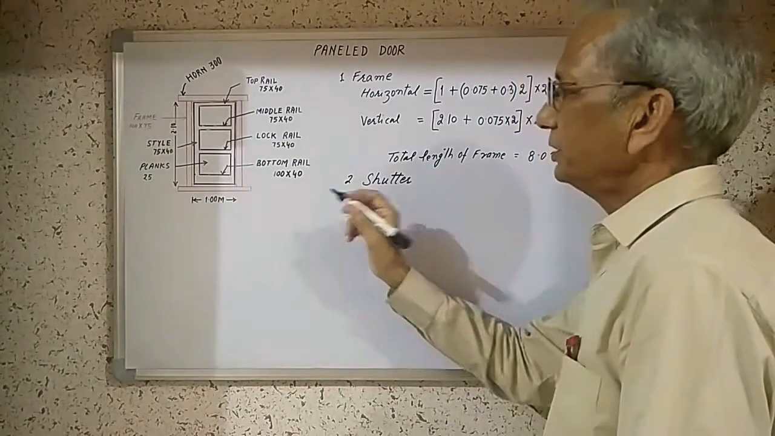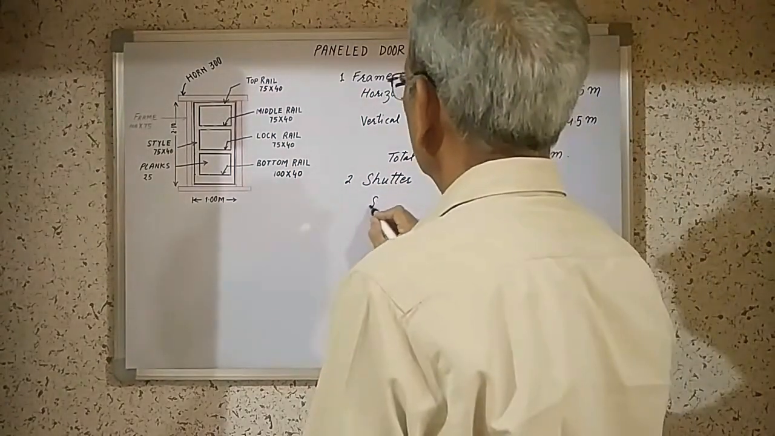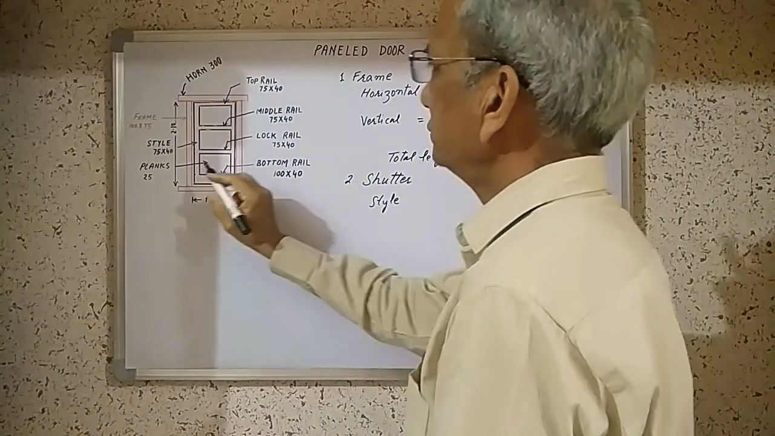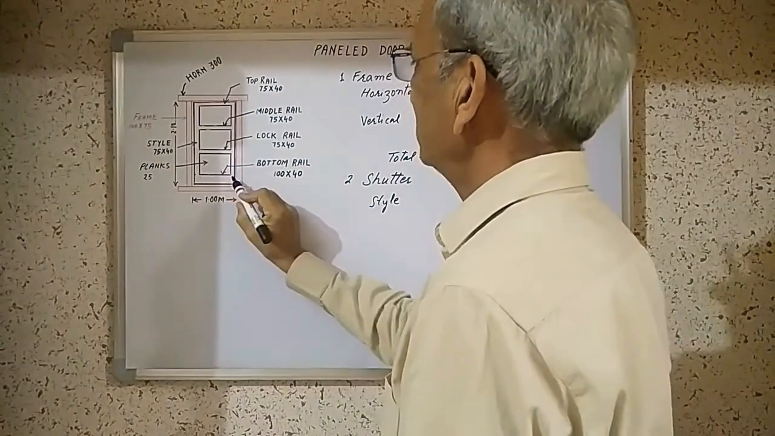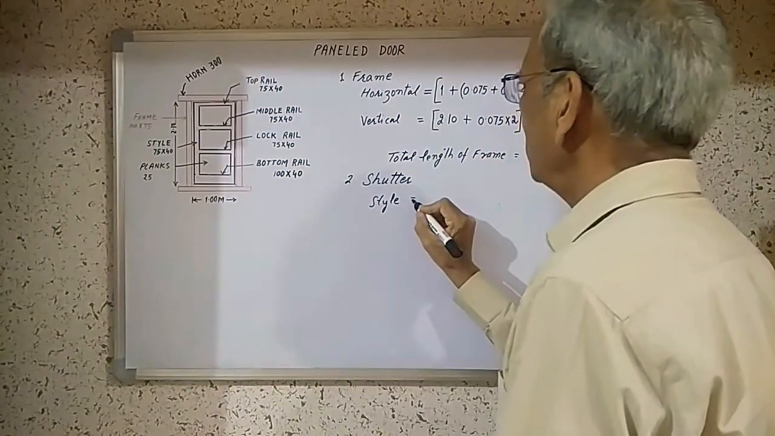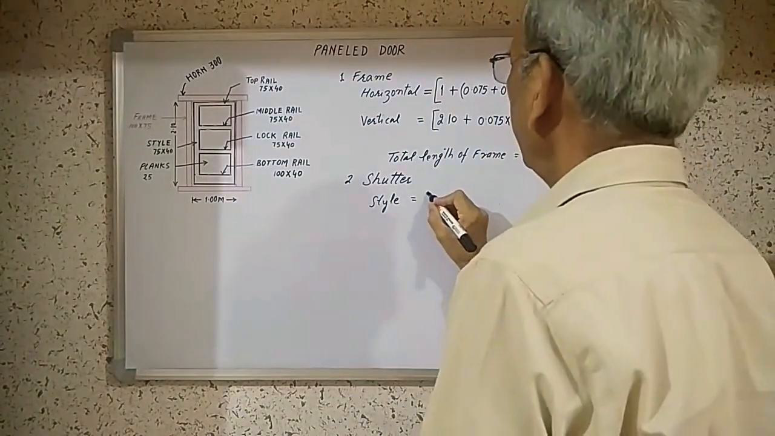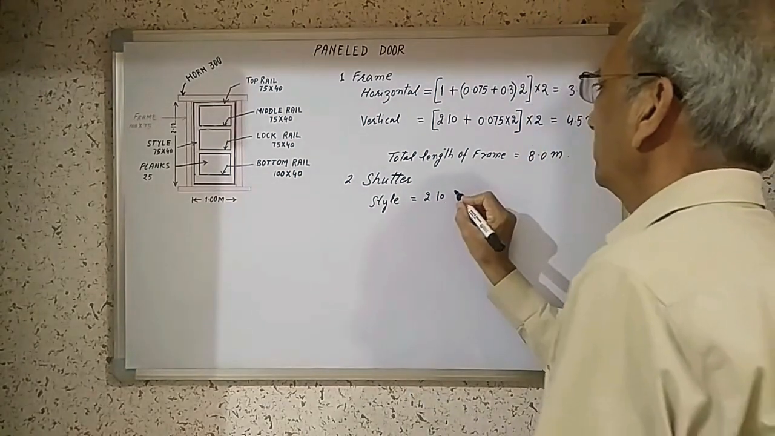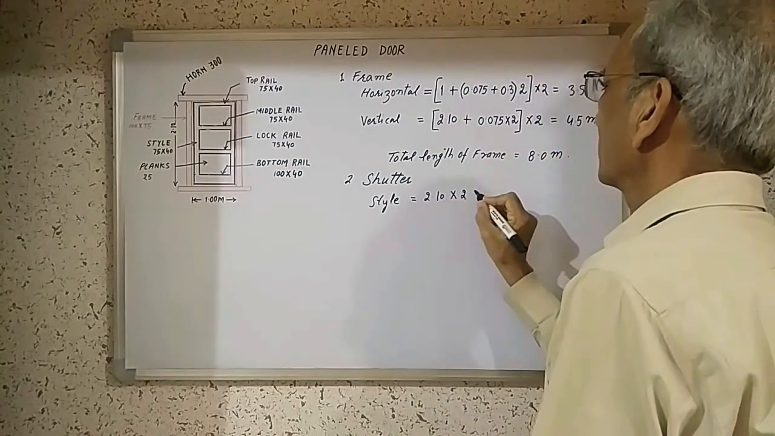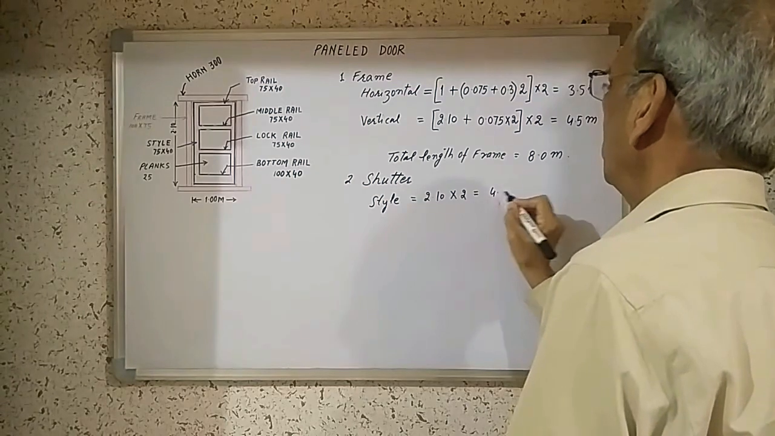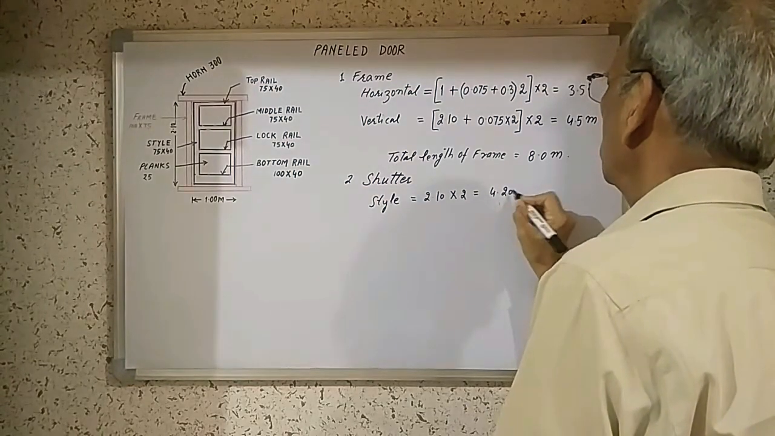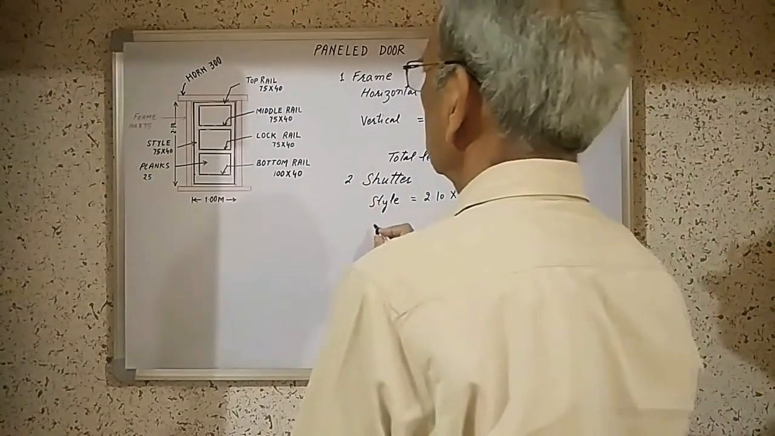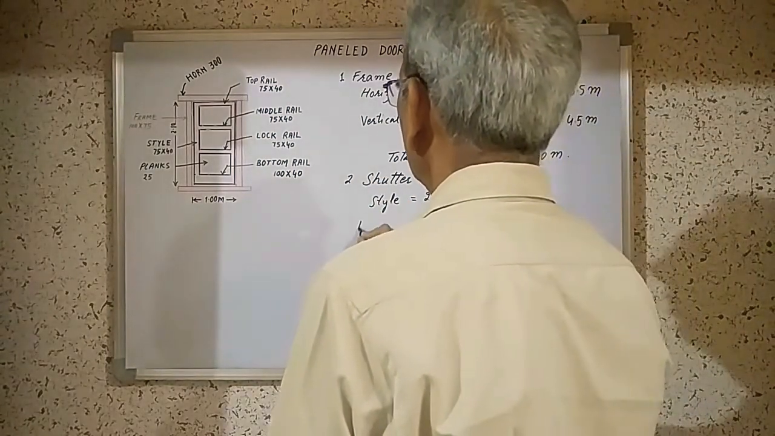Here first we will take the stile. There are two stiles, one stile and second stile. The length of the stile will be 2.10 multiplied by 2 numbers. This will be 4.20 meter. Now horizontal members: top rail,